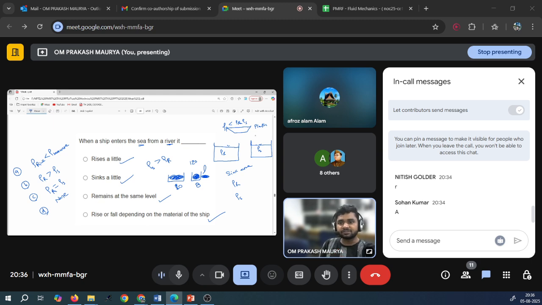Once you put the same ship here, one has less density and one has more density, so in which will the water level increase more? In the river water, the height will increase more than in the sea water. In the sea water, the height increase in this bucket will be less, because the density is more. But it is very small, because the density of river water is 1000 and for this 0.28. Here the concept is that it will be negligible, but the concept is